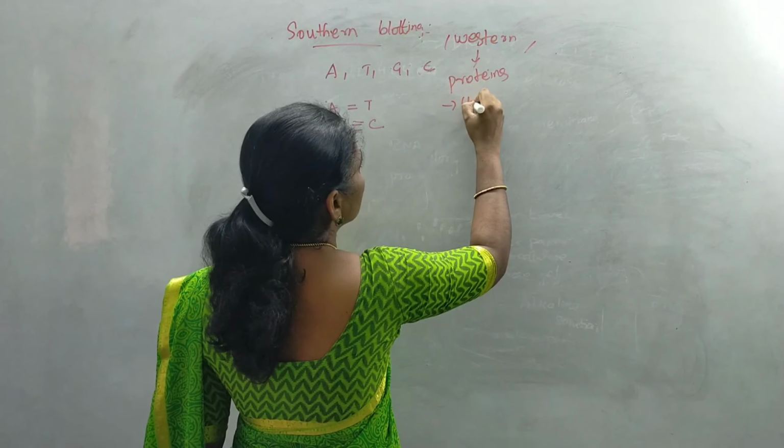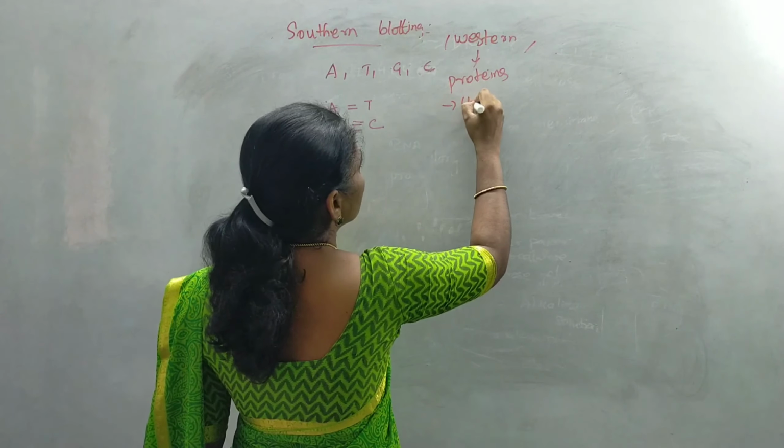Remember, we are not going to unwind the DNA strands. We are going to cut the double-stranded structures into fragments. So I have longer, shorter and medium length fragments. The second step is to separate these DNA fragments based on their length. For that, I am going to use the agarose gel electrophoresis method, which will help us separate the DNA fragments based on their length.